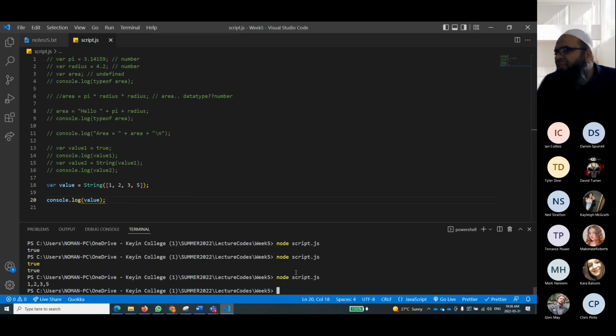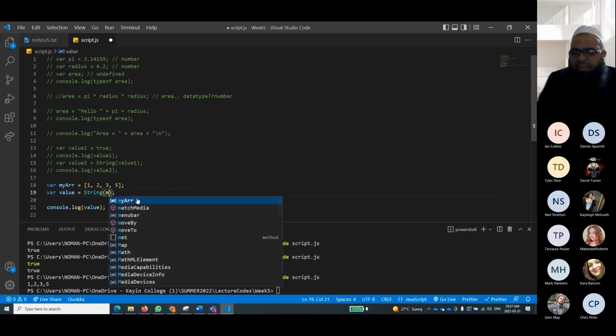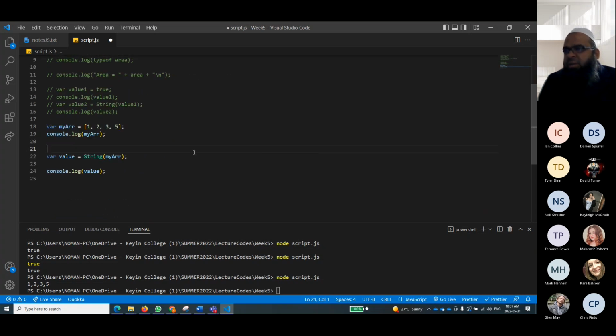1, 2, 3, 5 have become a string. They are no more arrays. I will discuss arrays in detail, but let me just tell you, if I have my array name, and I say 1, 2, 3, 5, whatever, I'll just take the same array. And again, I want to show you how it is converting. So now, rather than writing this, I can write my array because it's the same. Now let's console my array here as well. I'm consoling that one, and then I want to console this after conversion. So now if I hit save and run this program,